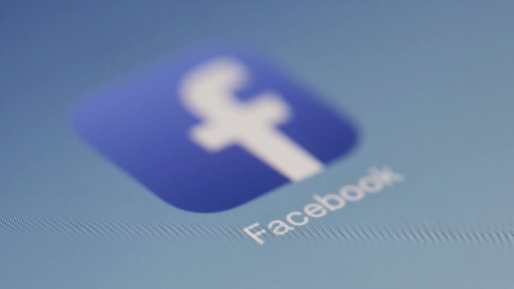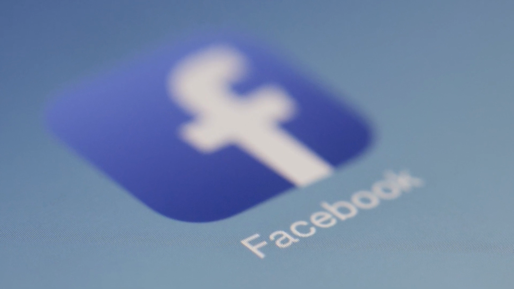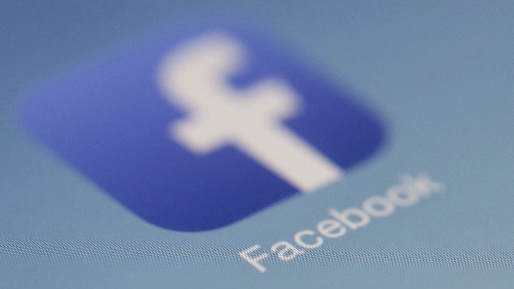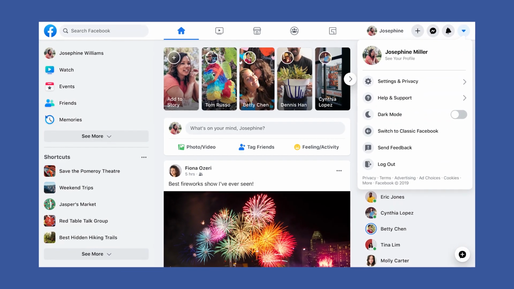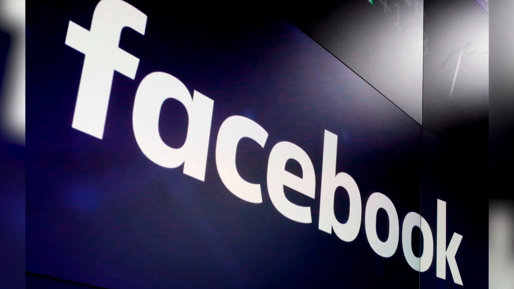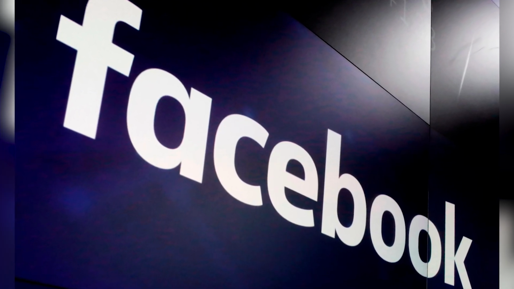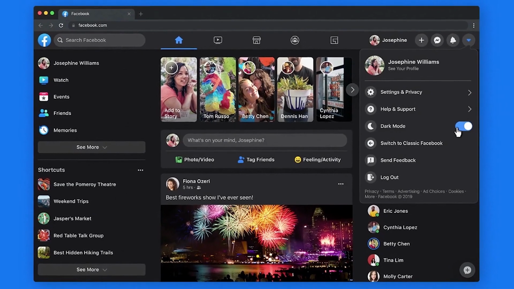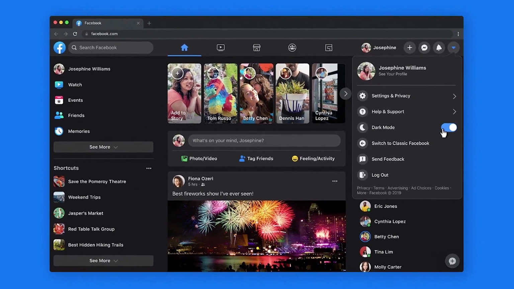Hello everyone, today I'll show you how to change the Facebook add friend option to a follow button. Facebook is an application used to connect with people online. However, when a Facebook account is created, the follow feature will be disabled by default. People who find your account will only be able to add you as a friend and will have no option